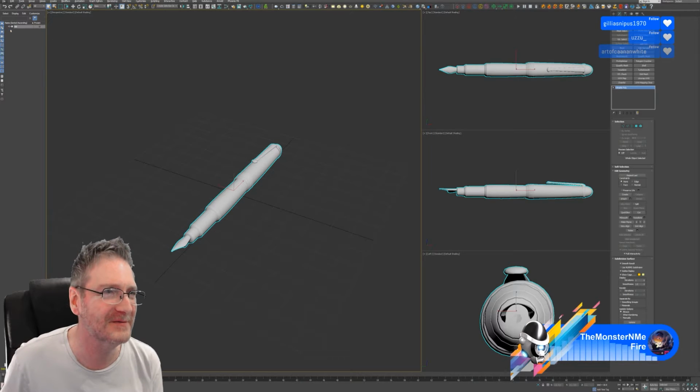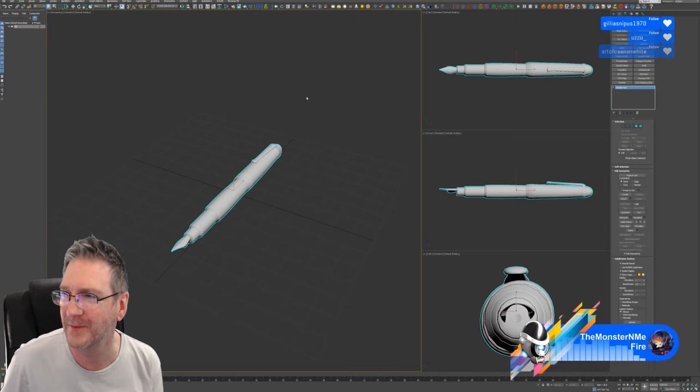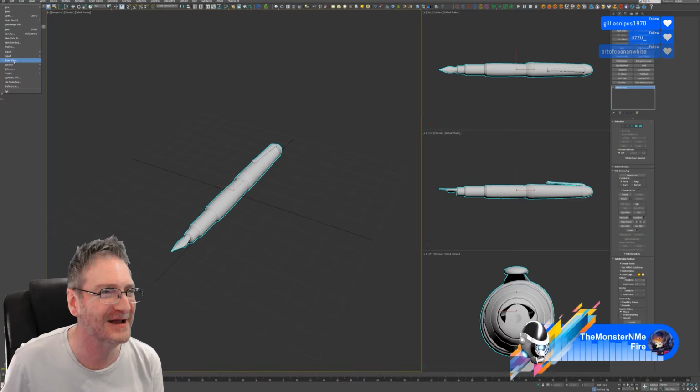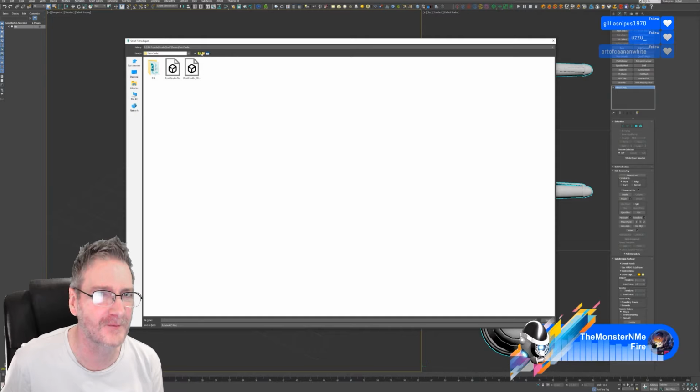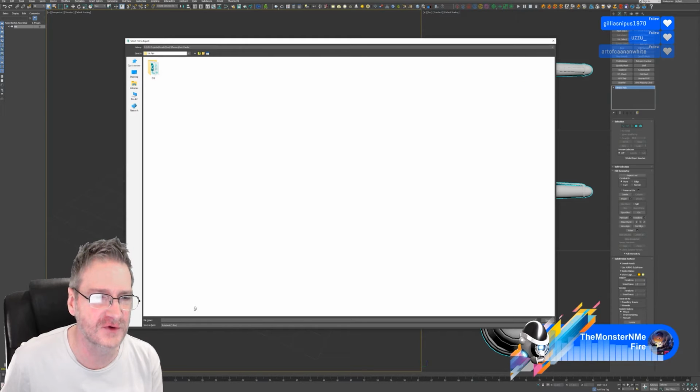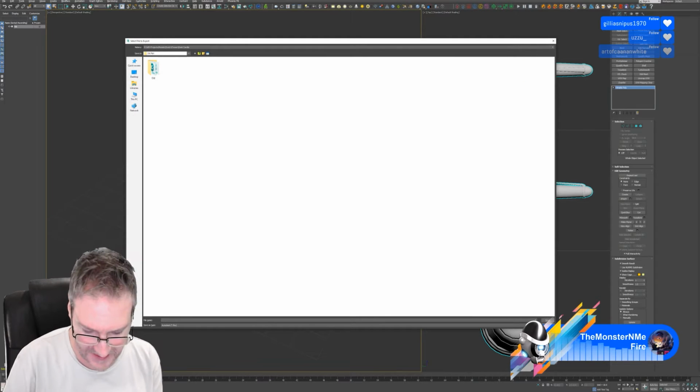Let's do a quick save. You scared me with that colour. You're joking. You've seen me work last week the way we were doing it. Let's export our pen. We did the candle holder before you guys popped into chat. Now we're doing the pen. We got the candle holder done real quick. I'm calling it ink pen.